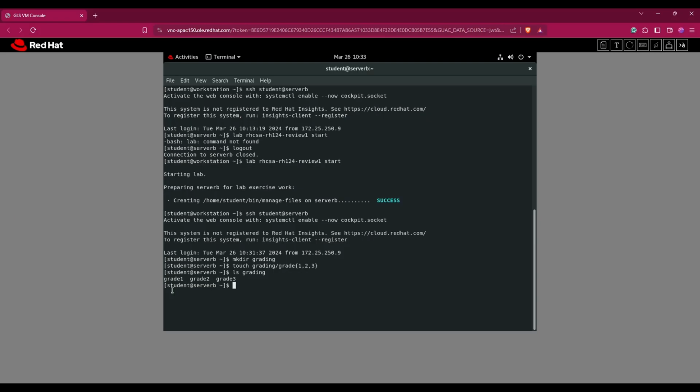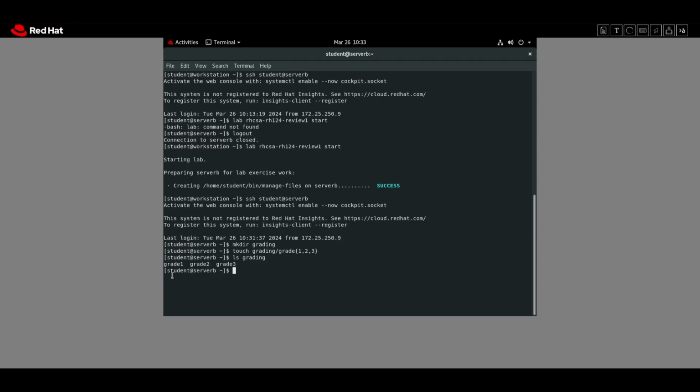We will use the head command to view the first five lines of the file under bin and redirect the output to grading/manage-files.txt. So for that, head -5,